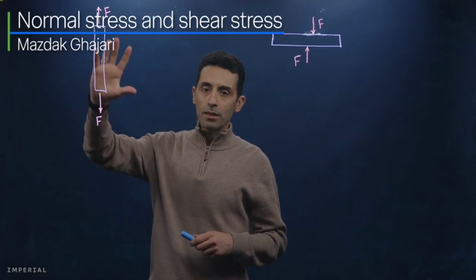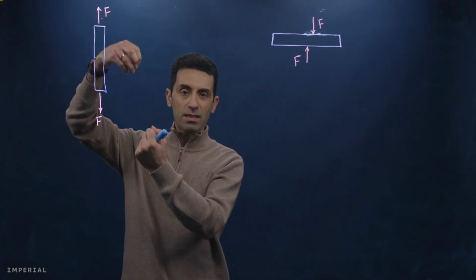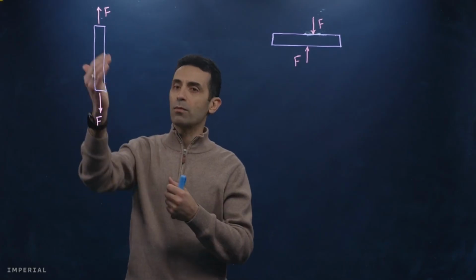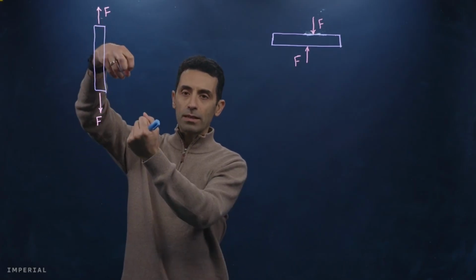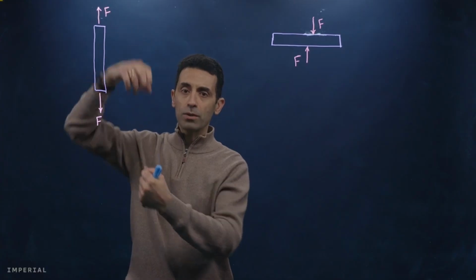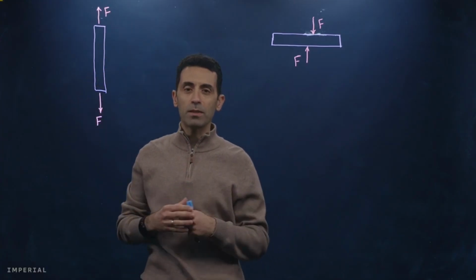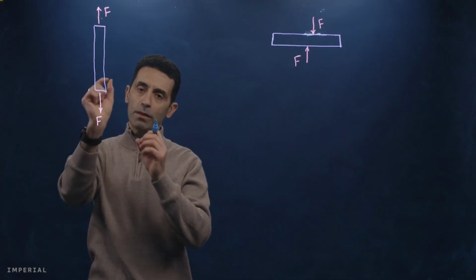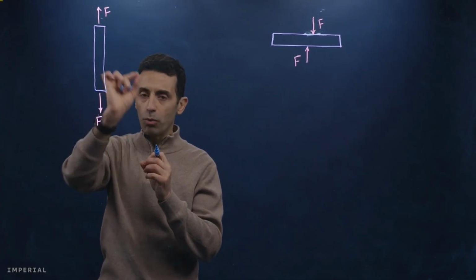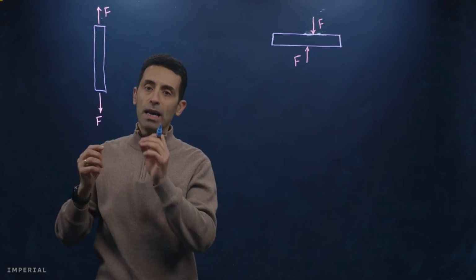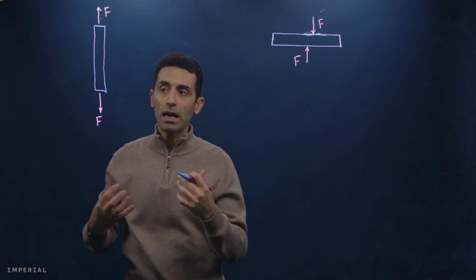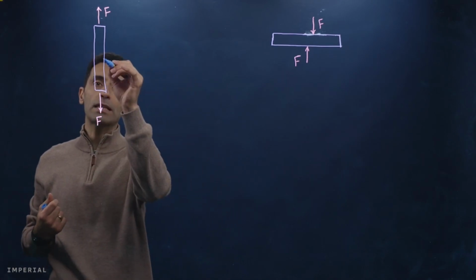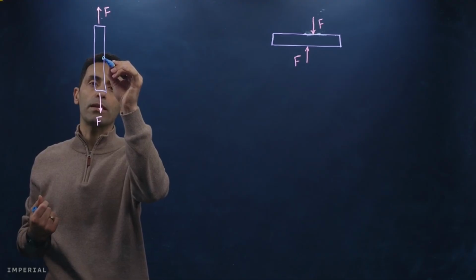So let's look at this bar. This is like a standard tensile test. We are applying a force that is pulling this specimen on opposite sides. This is the type of experiment we do with instron machines. We can zoom into one point within our domain and extract that infinitesimal element out of it. So if I extract an element, let's say from a region like this,